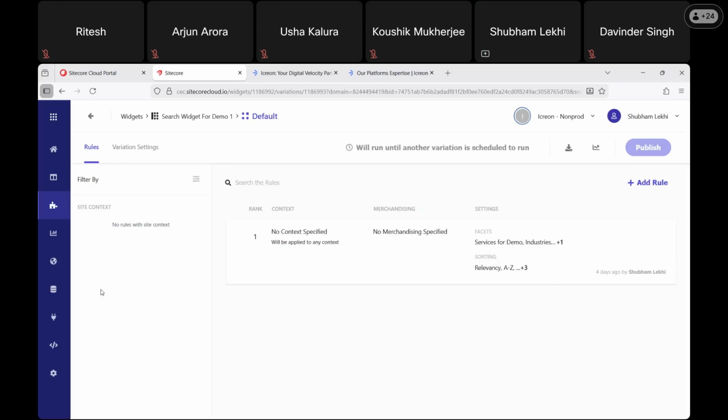Shubham, one quick question regarding the search. How quickly is the new content indexed and available for search? If there is some update on data in our source, how long will it take to reflect in our search results? So it totally depends on the